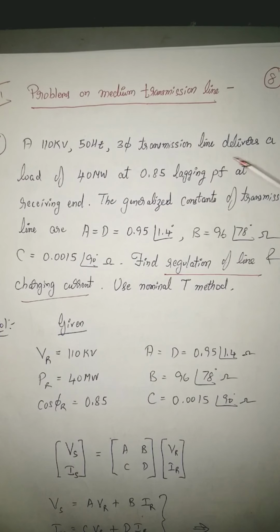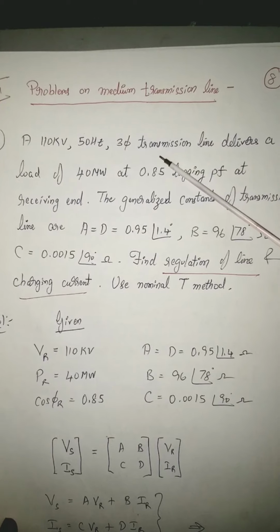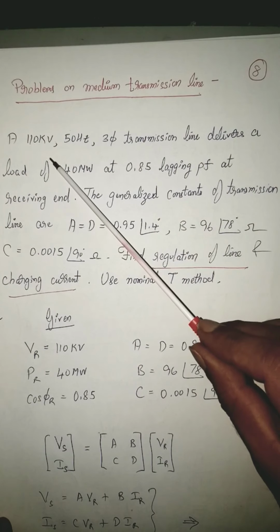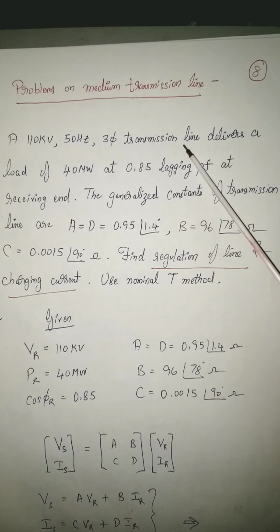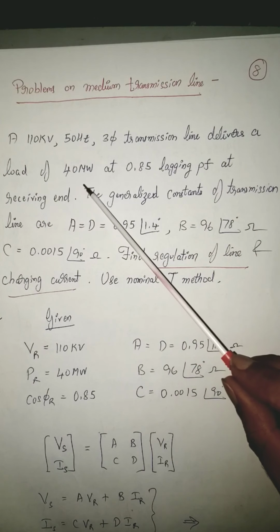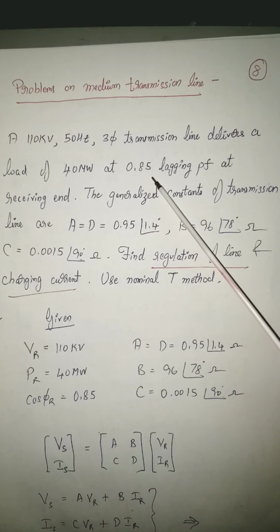In today's video, we'll be starting with problems on medium transmission line. So let me read out the problem. A 110 kV 50 Hz three-phase transmission line delivers a load of 40 megawatt at 0.85 pf lagging at receiving